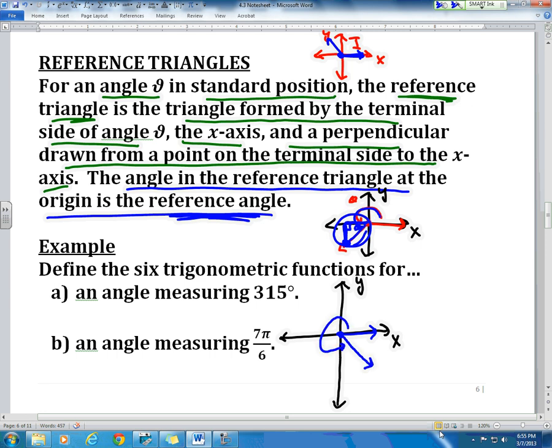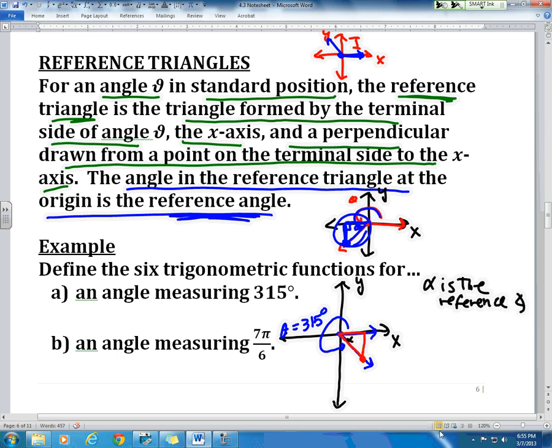So 315 degrees. That's theta. I'm going to pick a point on the terminal side, and I'm going to create a perpendicular to the horizontal axis, which now gives me this reference triangle right here. This little angle in here, which I'll call alpha, is now our reference angle. Alpha is the reference